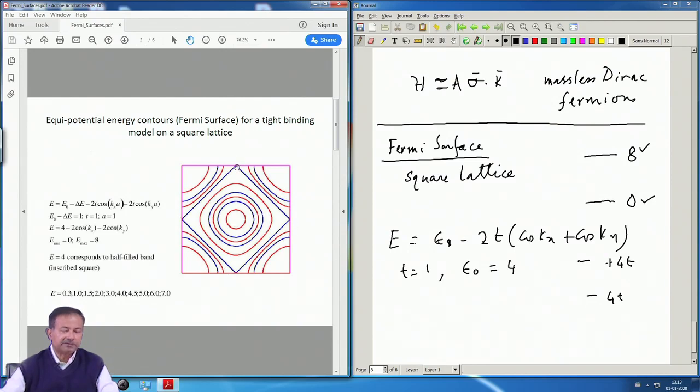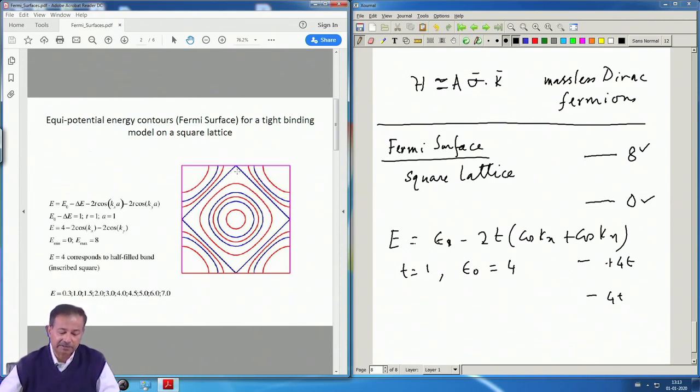Now, this kind of flat Fermi surface, which here is a line, a rotated square, and this blue square, the perimeter of this square, is your Fermi surface. Okay. Fermi energy is 0. As you just put E equal to 4, you can check that the energy here is 0. So, this is the half filled Fermi surface, and it has flat regions which are lines here. In 3 dimensions they will be like flat surfaces.